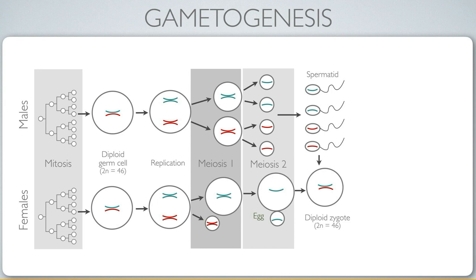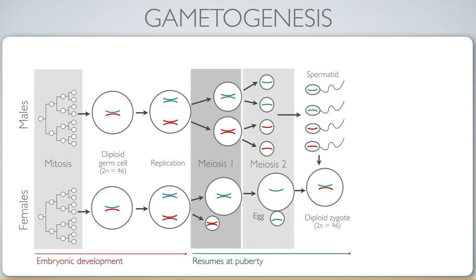Okay, so males and females are different in terms of what happens in meiosis 1 and meiosis 2, and as a consequence, you've got this 4-fold difference in numbers of gametes that are produced from each of the cells. Another key difference is the timing of these events. So, as I mentioned, women have all of the germ cells for their whole lives contained within their ovaries. So all potential babies